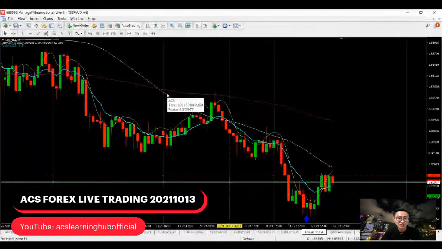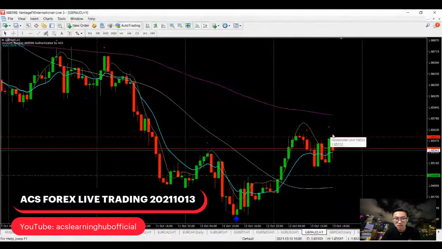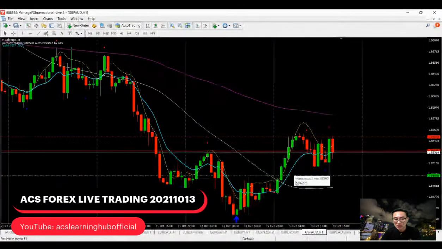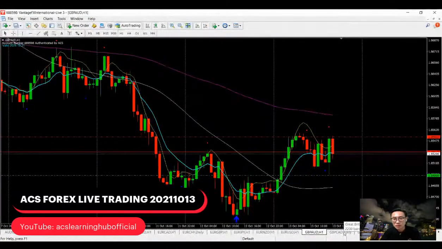The changing of the direction over here meets the resistance, and when you see aqua above the white line, that means the retracement hitting on the resistance is going to end. It's going to come back down to the prevailing trend. So this is quite obvious. But can I trade now to short? There are ways, but not now. Definitely not, because right now we are still under the support, and Aussie is not the correct currency pair to trade. Pound Aussie, you see, the pound market is going to close in about 1 hour, and Aussie has no market now, so the volatility is low.